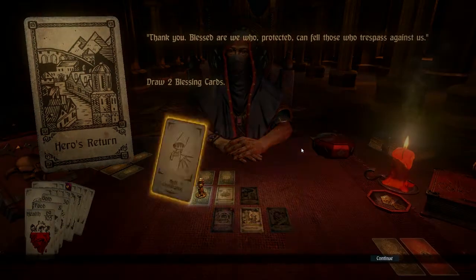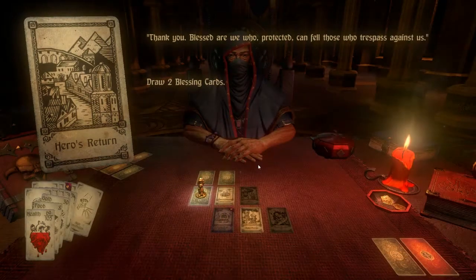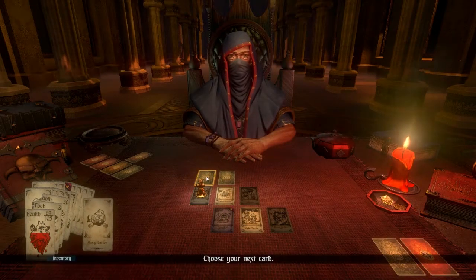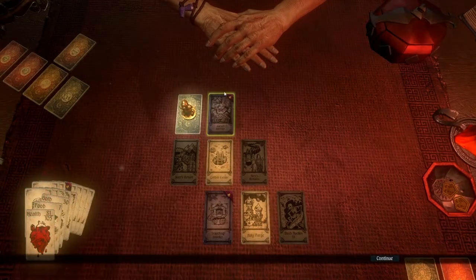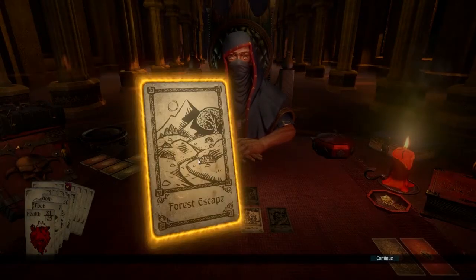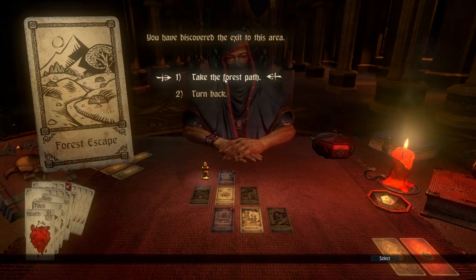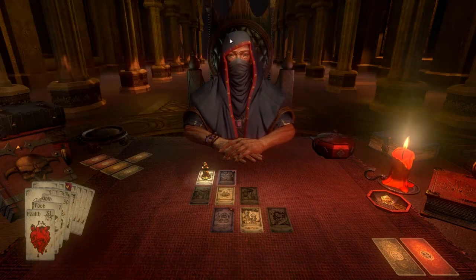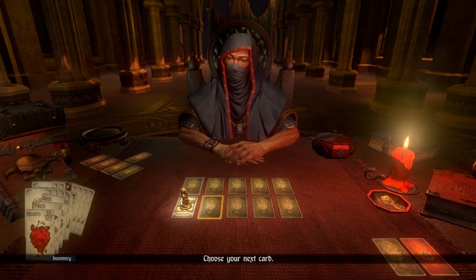I will have to rebalance that. And whenever the player eats food, they gain twice the usual healing. Very nice. Very nice cards indeed, actually. Uh-oh. Cursed Gambler is the only one that's left on the board. I really don't have any interest in going to the Cursed Gambler. So let's just go ahead and take the Forced Escape right now. Because the Cursed Gambler is just... It is just possible for him to steal my food or to curse me, so...